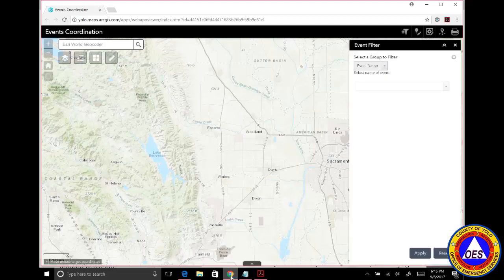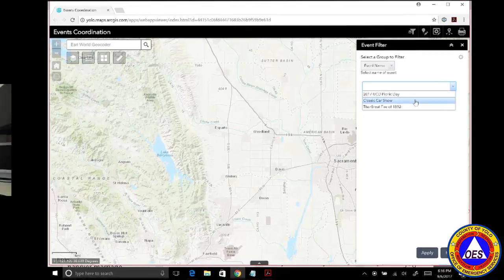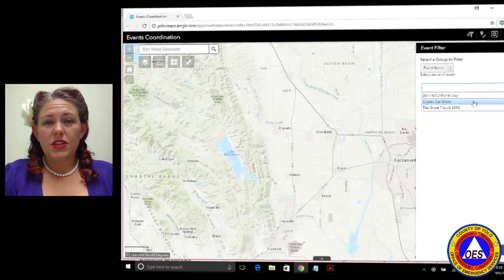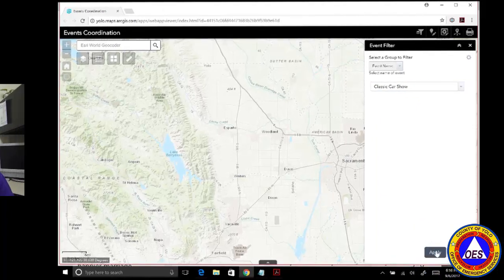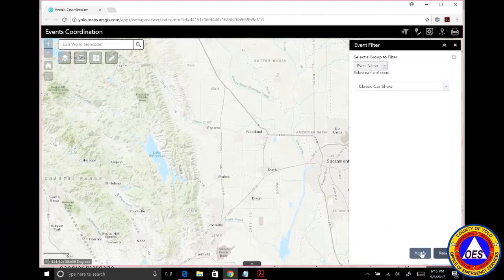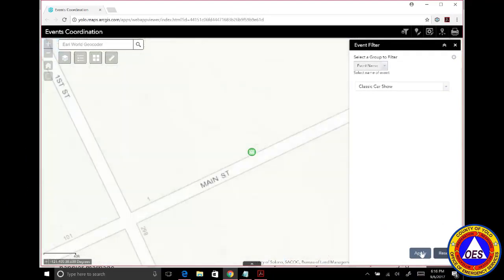And so here's the community event builder now with your actual event name in here. So there's the classic car show now. It wasn't in the drop down previously. So let's say you've assigned this to somebody in your department to build out the classic car show. What they want to do is pick the event that they're building out and hit apply on those settings, because that tells the system that everything they're going to be putting in is for this classic car show